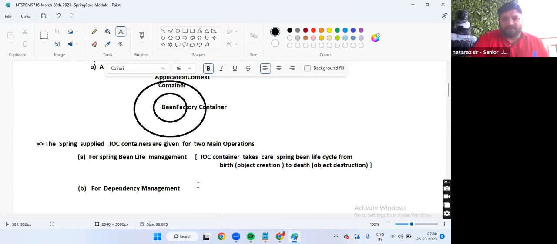What do you mean by dependency management? Providing the dependent class object to the target class object.